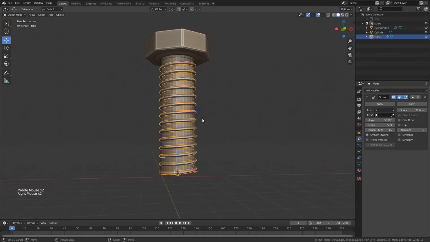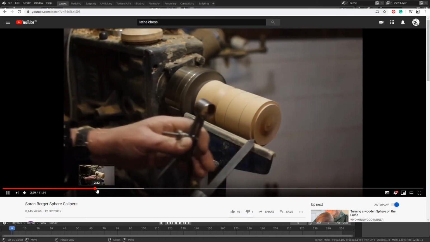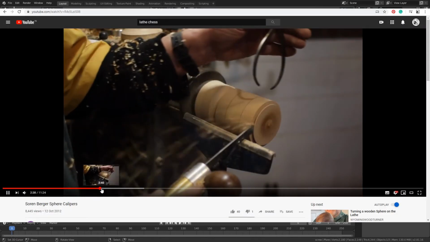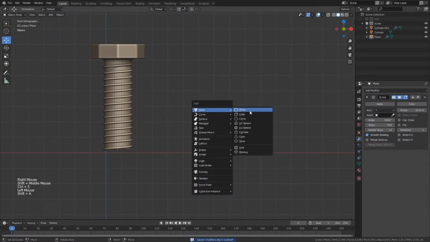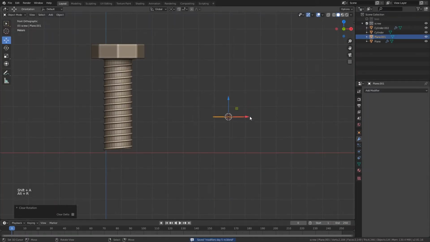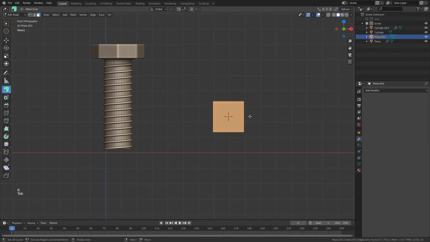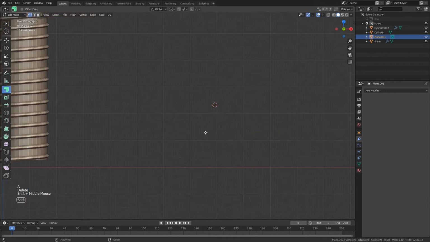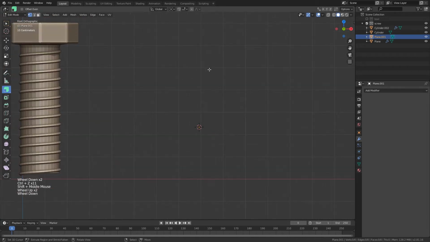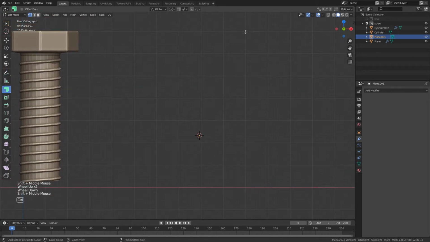You can actually, if you are aware of any woodworking, there is a process called lathe in woodworking. Let's say if I bring a plane over here, and I rotate this in 90-degree, and I can delete all these points and create my own shape. Let's say I want to create something like a bulb. Okay, so I'll click over here,